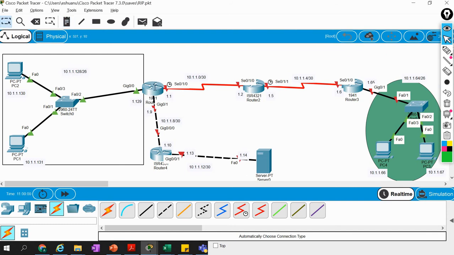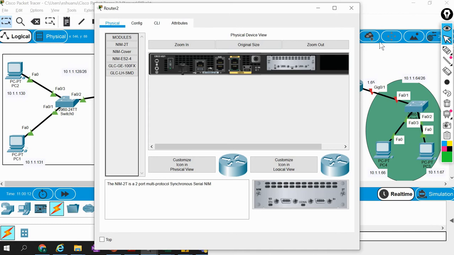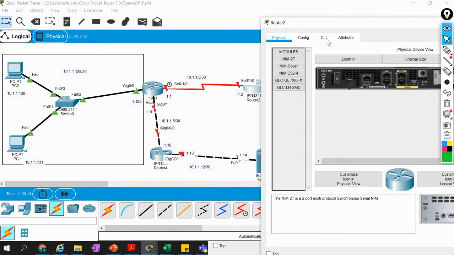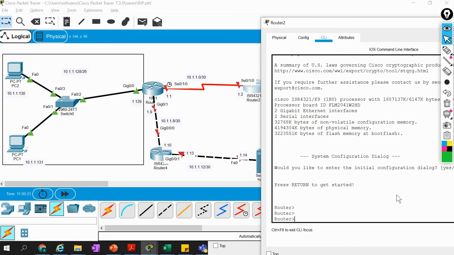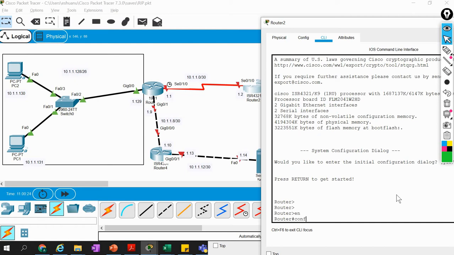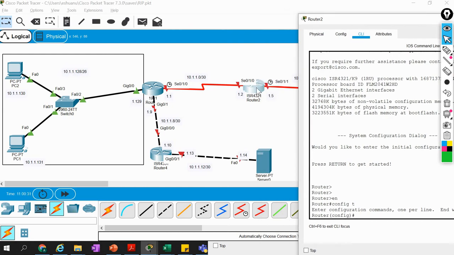So this is done, and have we made the serial 0/1/0 up? Because we have to make this interface up as well. So let's go to this interface, CLI, and enable, config t, and then first I have to go to the IP address of this 0/1/0 interface.